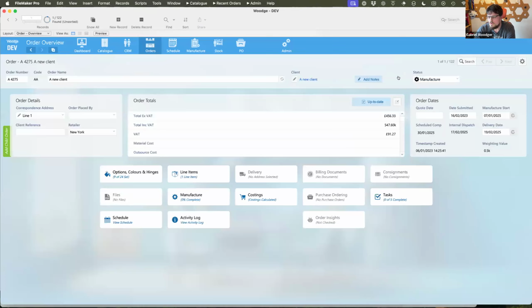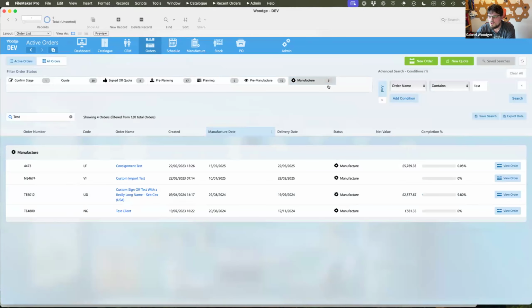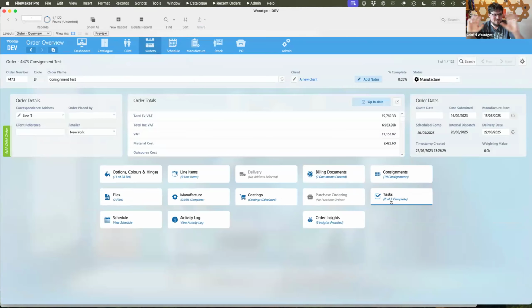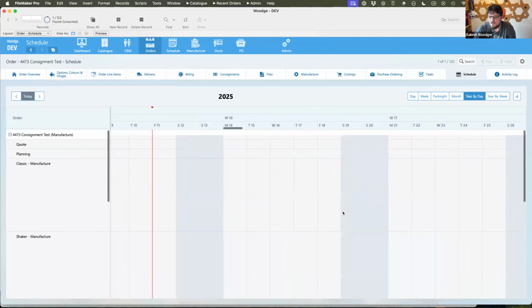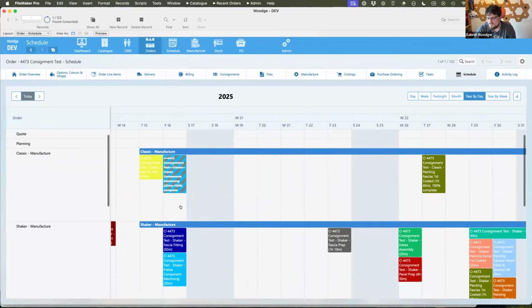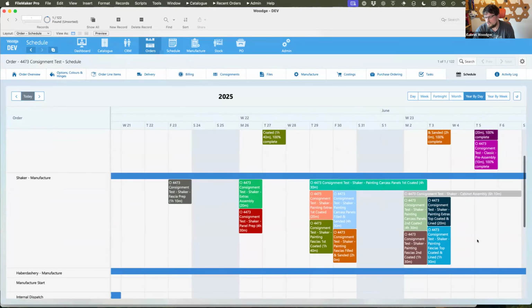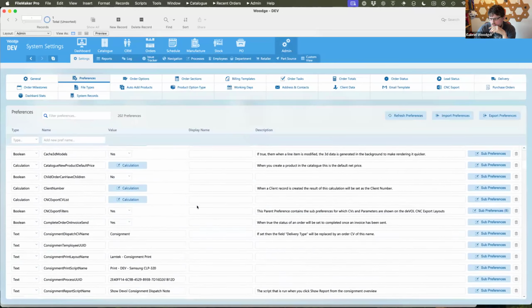So yeah, you can do things like look at schedules for an individual order. Let me find one that's got some stuff on it. There's probably a lot of stuff that I won't go over now, just because there's a very large surface area of this kind of product, and some of it's not particularly exciting unless you're really into making kitchens. But being able to see which tasks are done, they're in a milestone, you can move the milestone around, and things can have all this type of logic, and we basically customize that as much as possible. One of the ways we do that is a preference system.